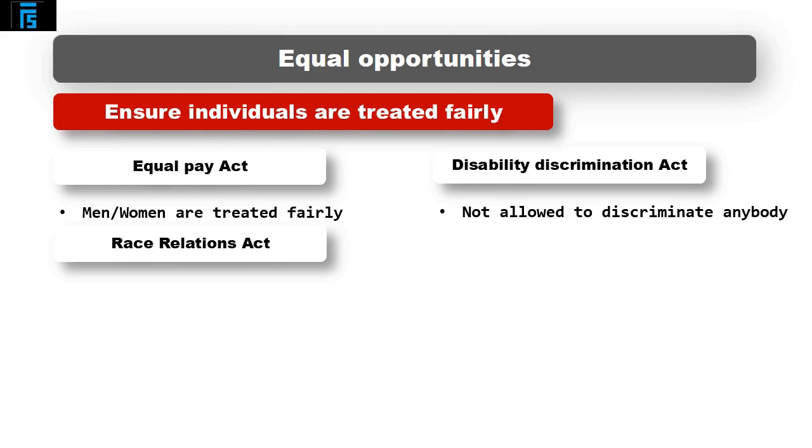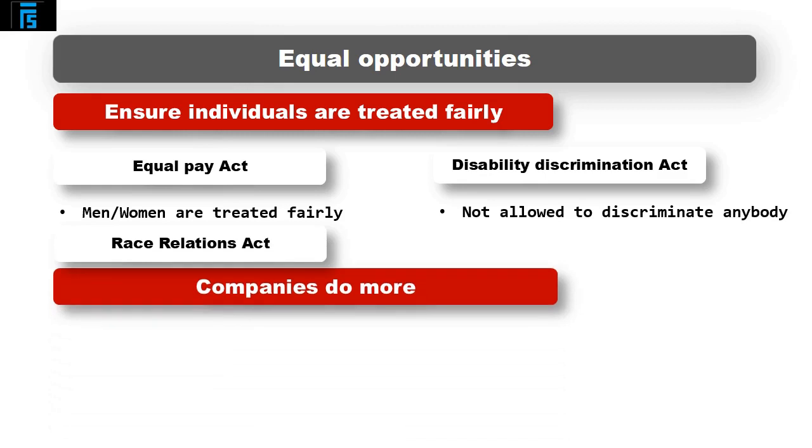Nothing else should. Obviously, if a company breaks those regulations, then the person who has been discriminated against would be able to take the company to court to sue them. So if I was turned down for a job purely on the basis of race, then I would be able to take that potential employer to court.